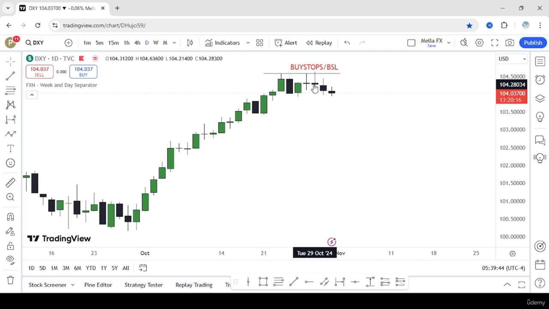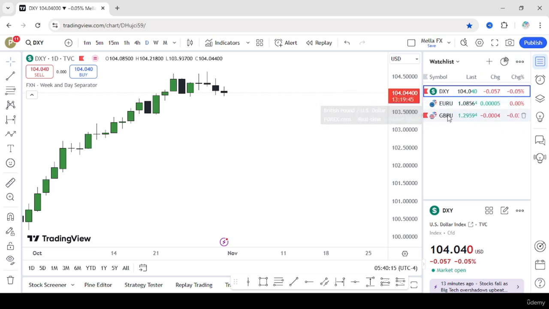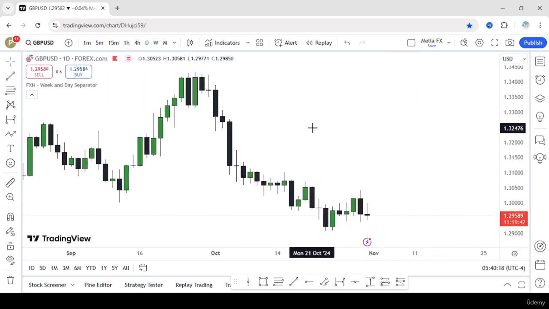But when we came and ran this swing high, in the running of these buy stops, we don't want to see the market running above it by more than, let me say, an average of 10 to 20 pips. You don't want to see a run above that high with more than 10 to 20 pips. So let me go and use the euro dollar or pound. Let us use the pound dollar